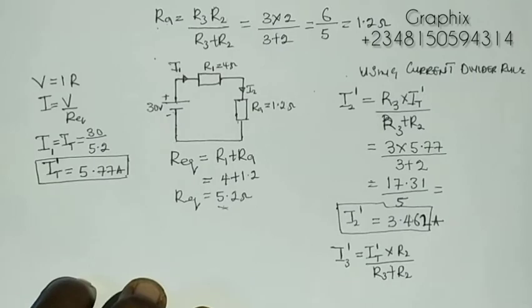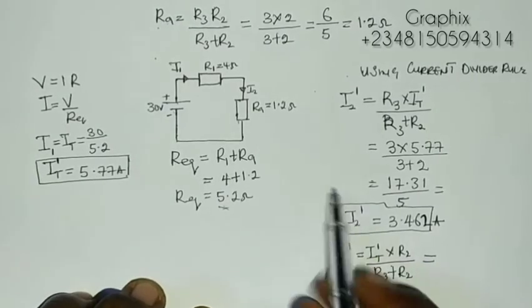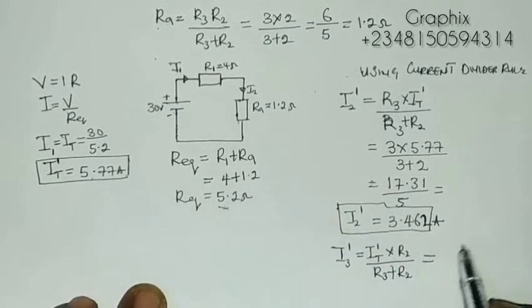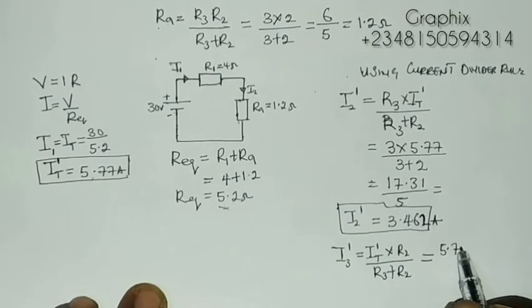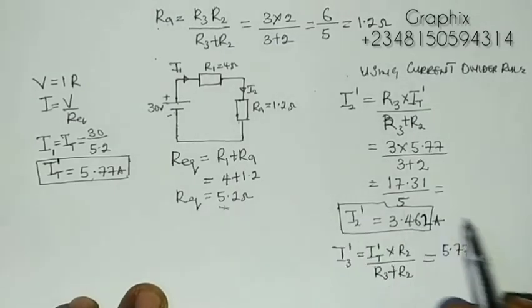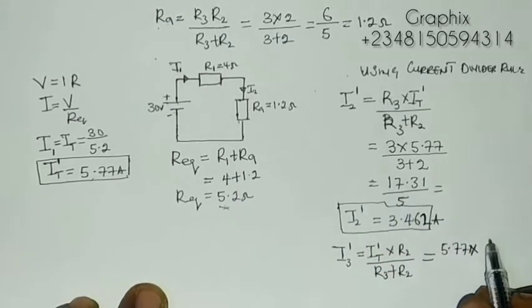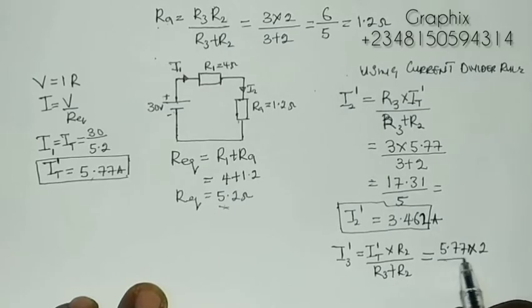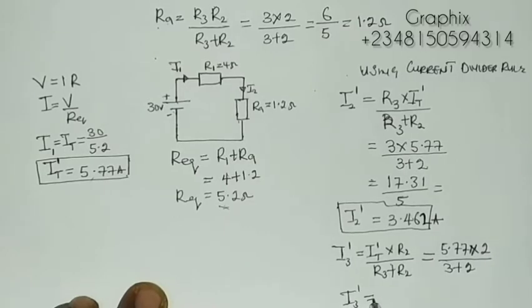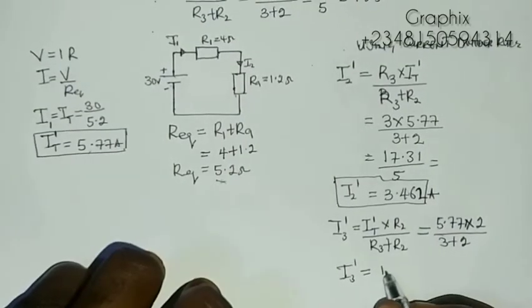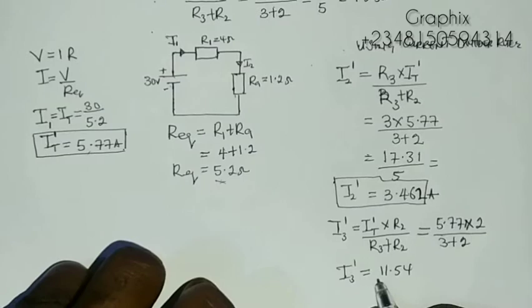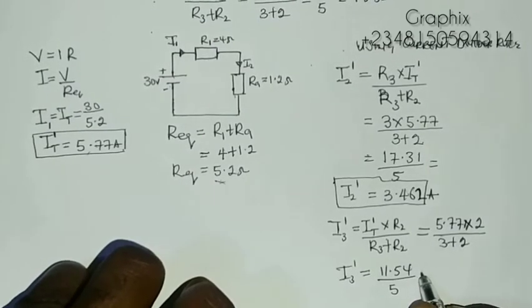So this will now give us our I total prime is 5.77 A times R2, which is 2 ohms, all over 3 plus 2. So the I3 prime will now be 5.77 times 2, 11.54 all over 5. And this will now give us